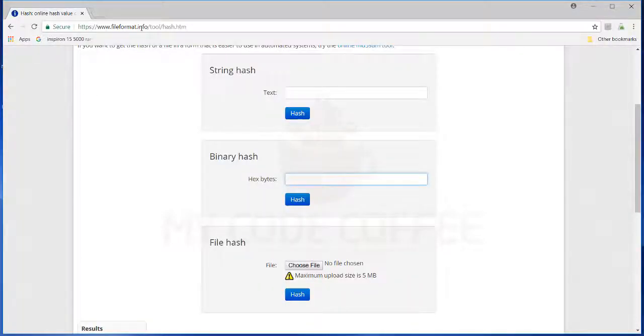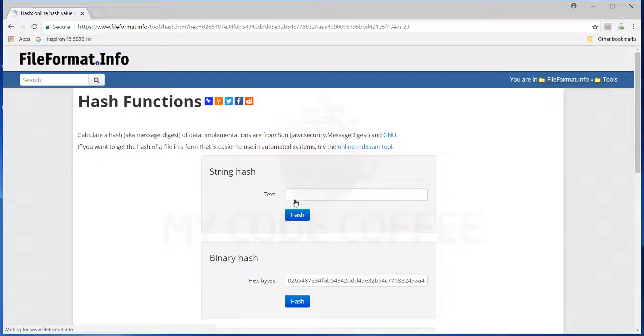First step is to apply the double hash, which means first apply SHA-256 and then apply RIPEMD160. So to do this, we will use this URL. There are many online tools available. I'm using this, you can use some other tool also. So this is the fileformat.info tool. You will use this text box, which takes hexadecimal form as the input, because we are converting hexadecimal form of public key to the Bitcoin address. So copy the value here and get the hash of it by clicking the hash button here.